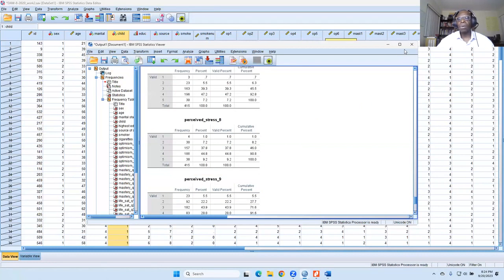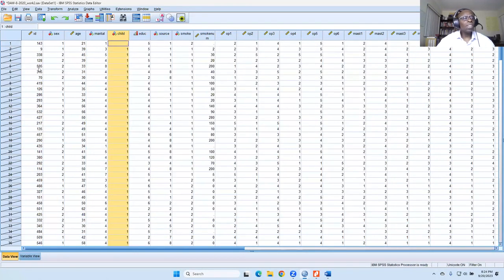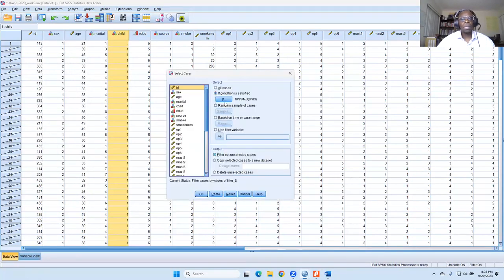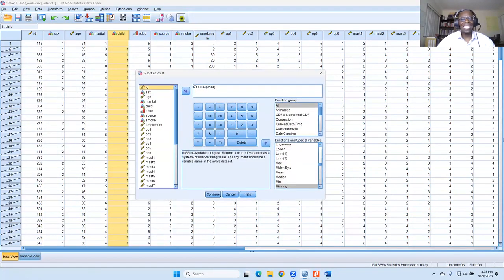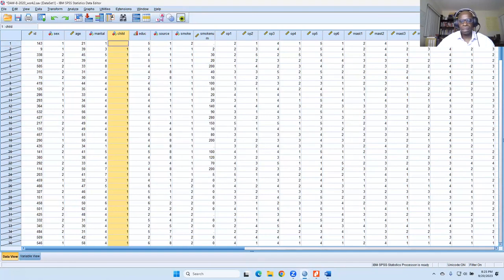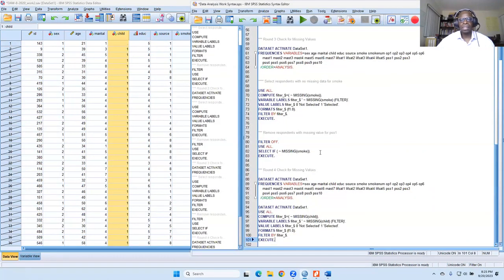It would cross out all of the cases except the missing one. So when we say select cases, we want to select the cases for our analysis. So we have to put in the ampersand, which says not missing, right? So we click not missing, and then we click paste. Go to our syntax.